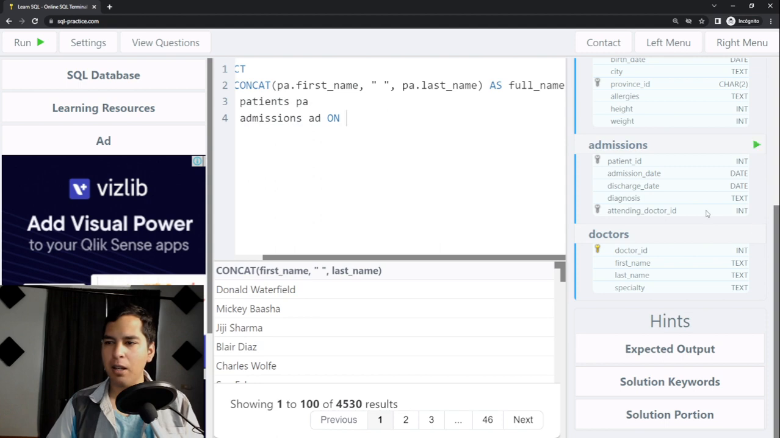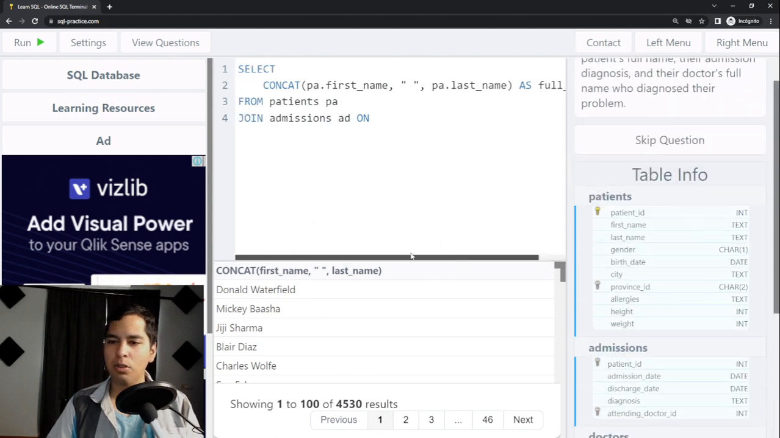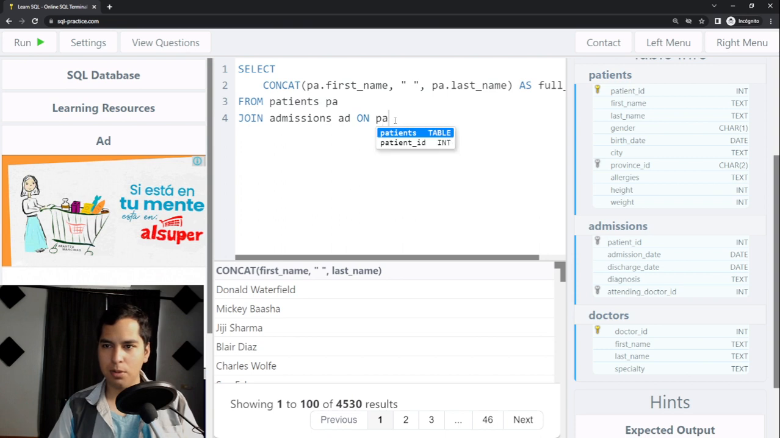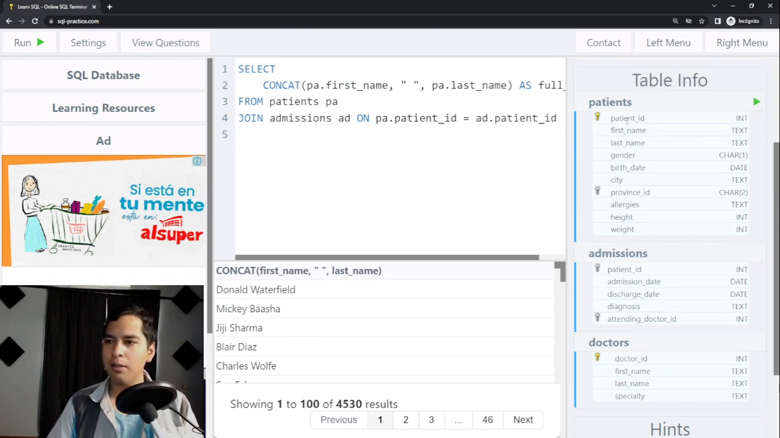Okay, so now I need to select the common key to join these two tables. So as you can see in patients table and in the admissions table we have in common the patient ID. Patient ID is a foreign key which references the patient ID in the patients table. So I'm going to use that pa.patient ID equals add.patient ID. Okay, so then